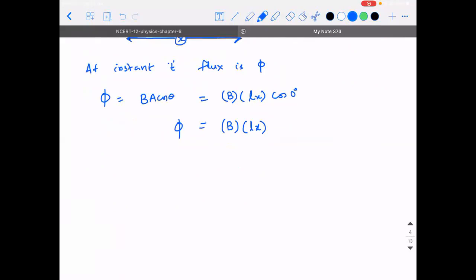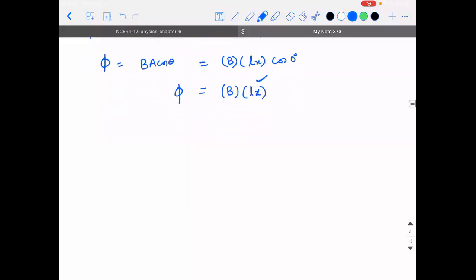Right. So is this flux going to be a constant or a variable? It will be variable because it's movable, so L into x might change, because x is changing. L is fixed, B is fixed because it is a uniform magnetic field. What about x? x is changing. So flux is a function of displacement.